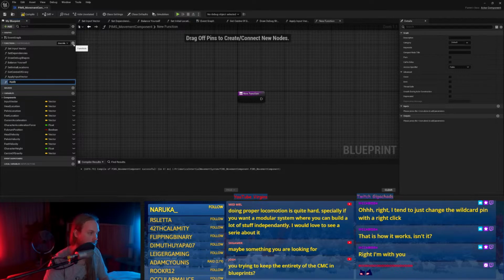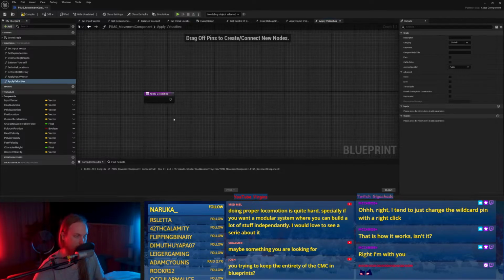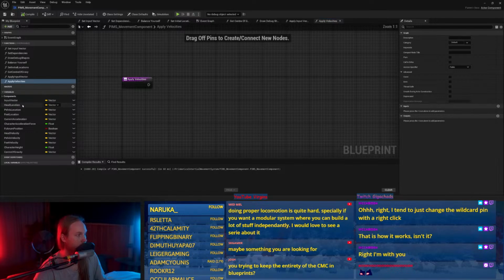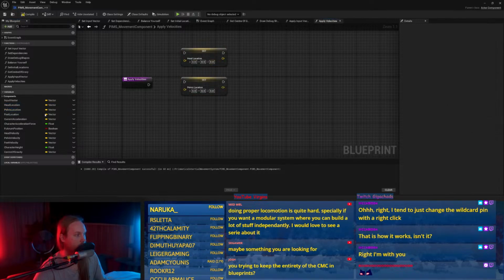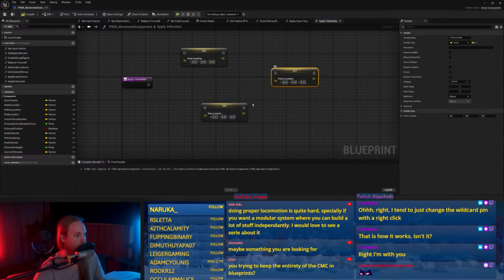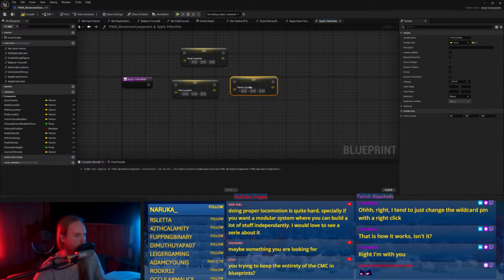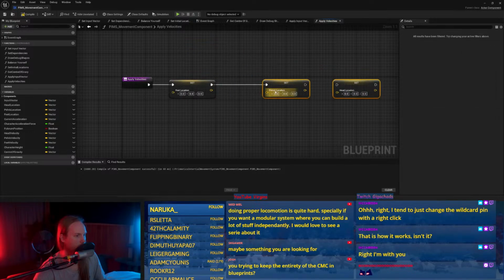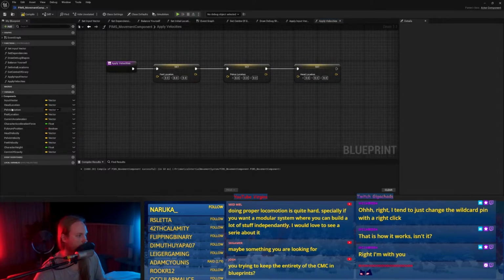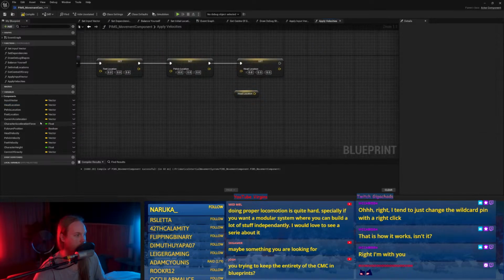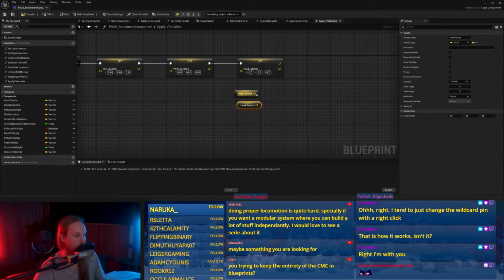Then we need to apply velocities, which then gets the locations. Should probably go feet up. So then it's just head location plus head velocity equals...